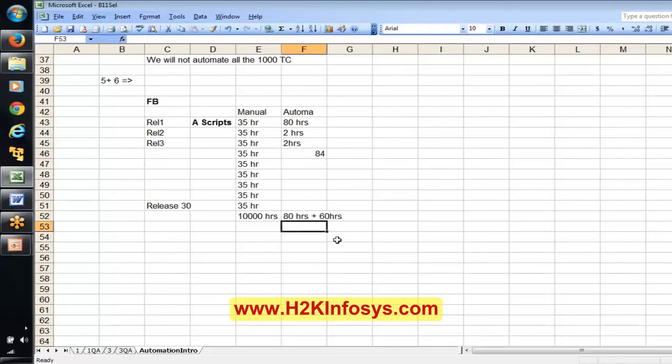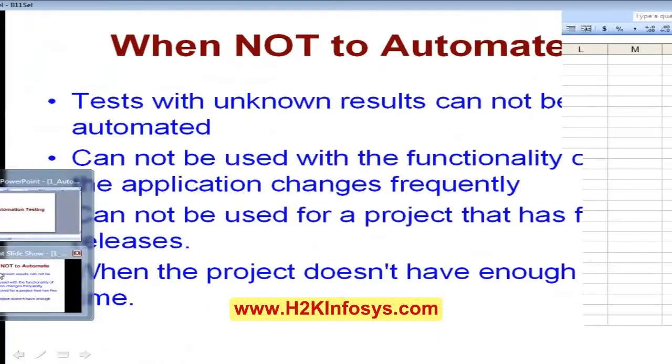So we can see a lot of difference, because we took the risk, and we would have purchased some tools. Of course, in Selenium we are not going to purchase any tool, but if you consider any QTP tool like that, you also need to consider the tool cost and resource cost. Those will be nothing over here because you spend very less time, whereas you are going to spend a lot of time. So that is what this point is talking about.